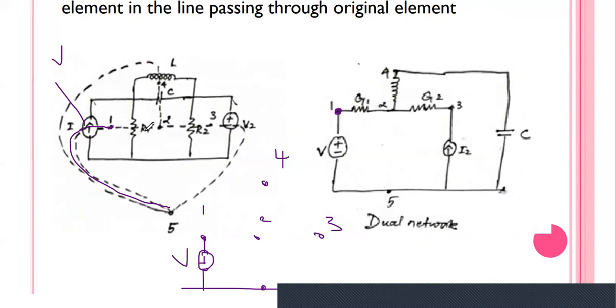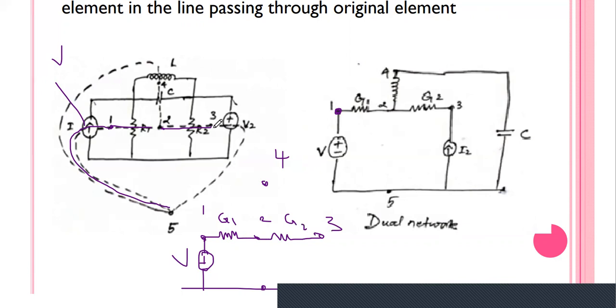So the first step is over. Then between node 1 and node 2, resistance is available. The resistance R1, you just replace with conductance. The symbol for the conductance is also the same as the resistance symbol, and the value you just put as G1. Then node 2 is connected with node 3 via resistor R2 again, so you just replace it with G2.